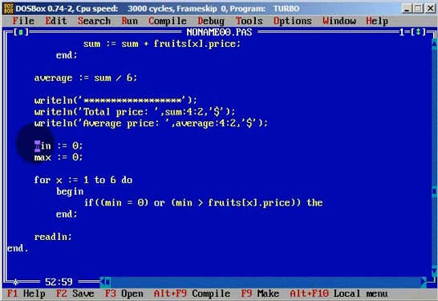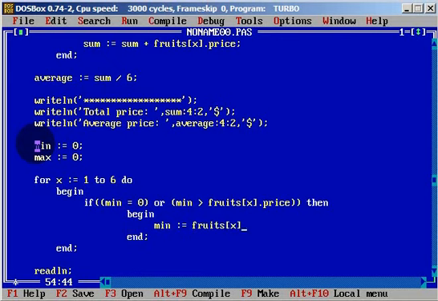Then we need begin and end. And let's define the minimum. Minimum will be equals to fruits of x dot price,